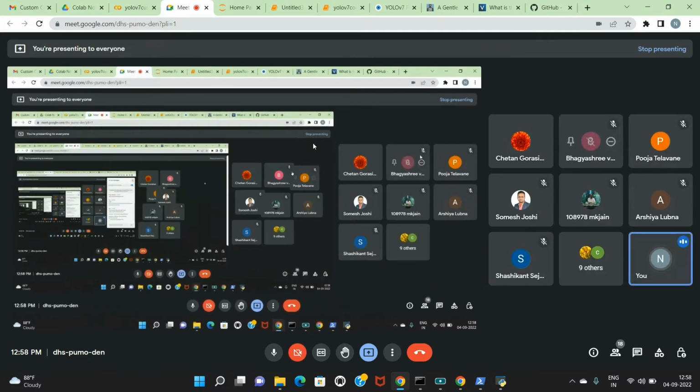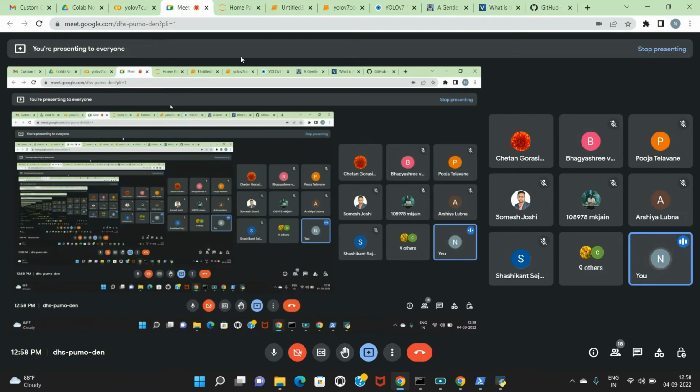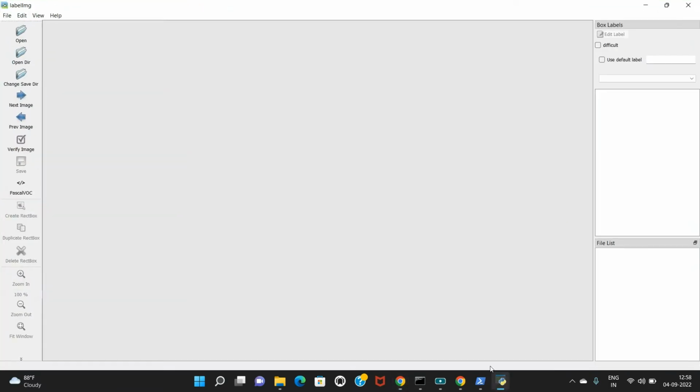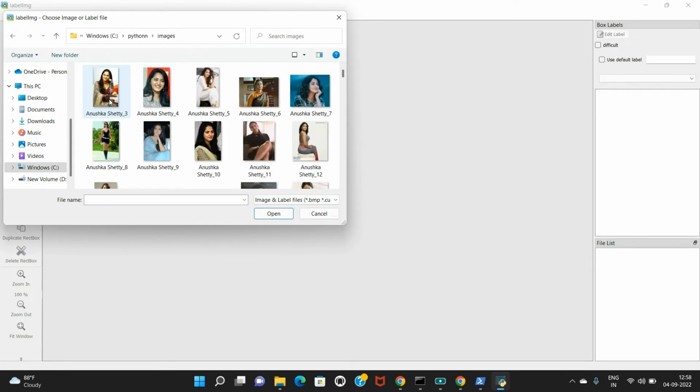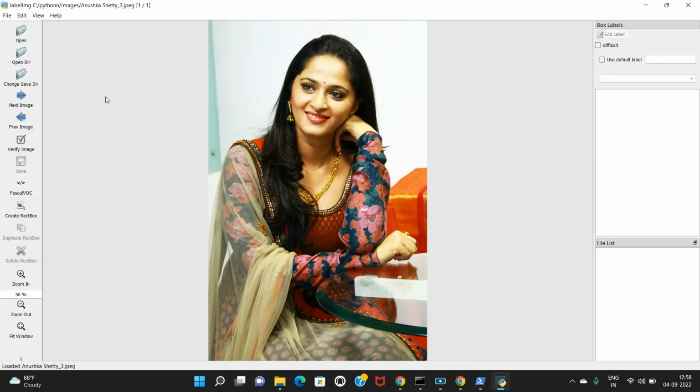Okay, so I was explaining to you the most important thing. Once you are done with the images, you have created one folder of the images. Now after that, the very important thing which you need to do: open and get to the images. Okay, for example, Anushka. For example, I took this Anushka. What you need to do,